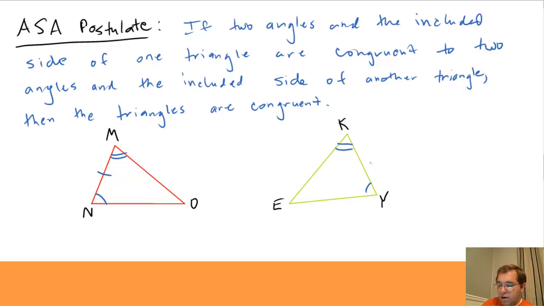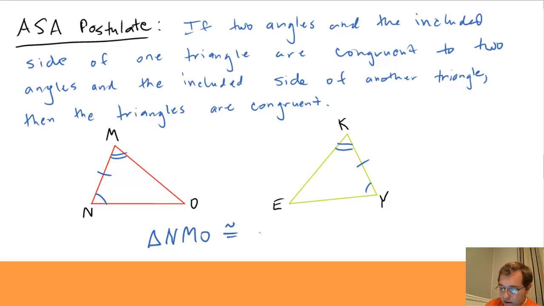Side included by angle Y and angle K is side KY. So if we know that angle N is congruent to angle Y, angle M is congruent to angle K, and side NM is congruent to side KY, then we know these triangles are congruent, and we can say triangle NMO